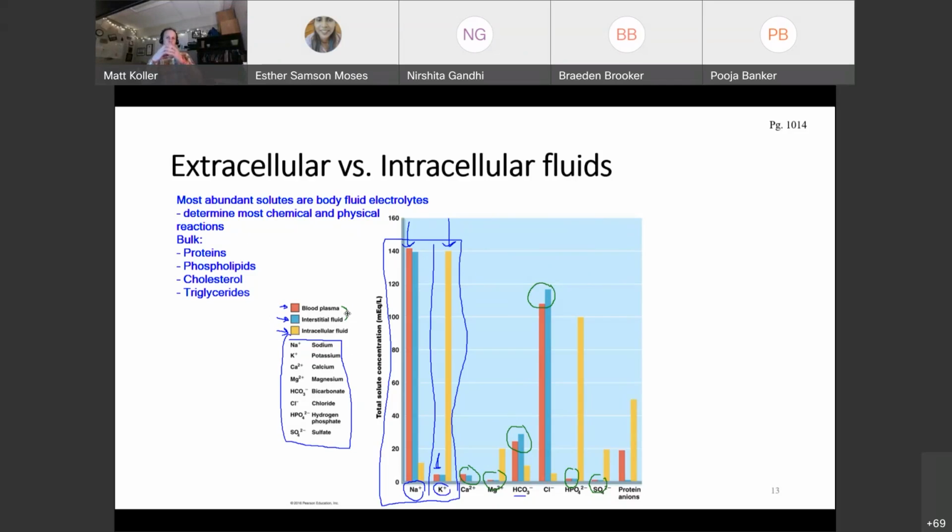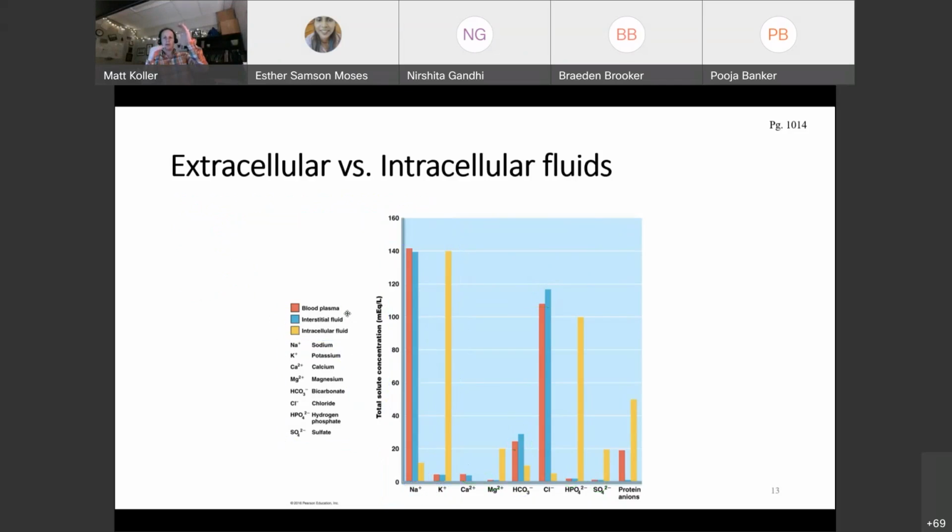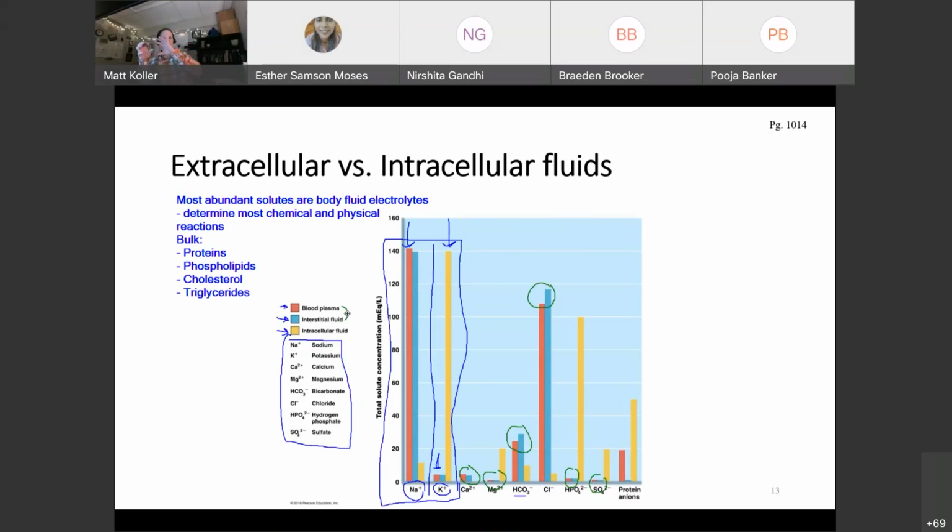The plasma membrane of the cell will control the difference between inside the cell and outside the cell. However, the interstitial fluid and the blood will be very close with some exceptions. So you won't have a lot of red blood cells in the interstitial fluid. You won't have a lot of white blood cells in the interstitial fluid, and some other proteins will not be in interstitial fluid because the blood vessel walls, the capillary walls, will prevent those from going into the interstitial fluid. But in terms of your electrolytes and your solutes, those will be very close between the interstitial fluid and the blood.